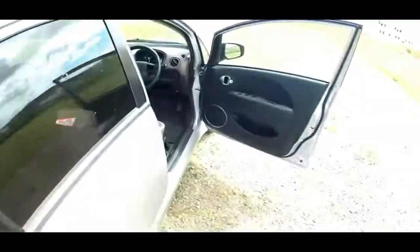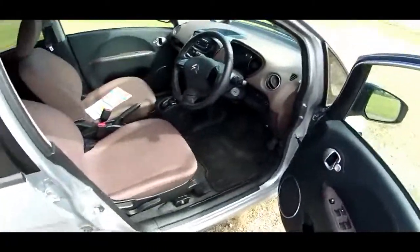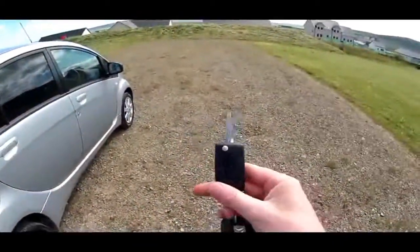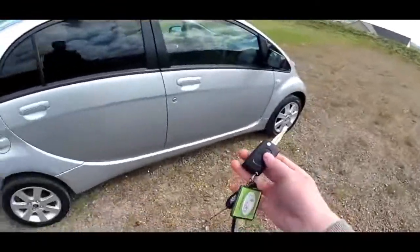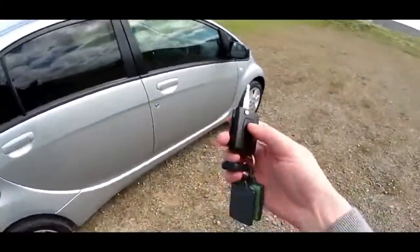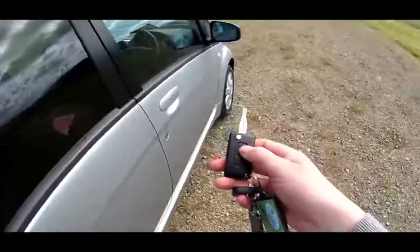It's 2 rear seat belts, Isofix, mats in all 4 footwells, no undue odours, electric windows all round. It really is a great little city car. Although I only said city car, I've actually driven this actual car all the way back up from Bristol, so you can do long trips as well. Remote locking, 2 keys. The spare key is a non-remote. The great thing about this, when you lock it,